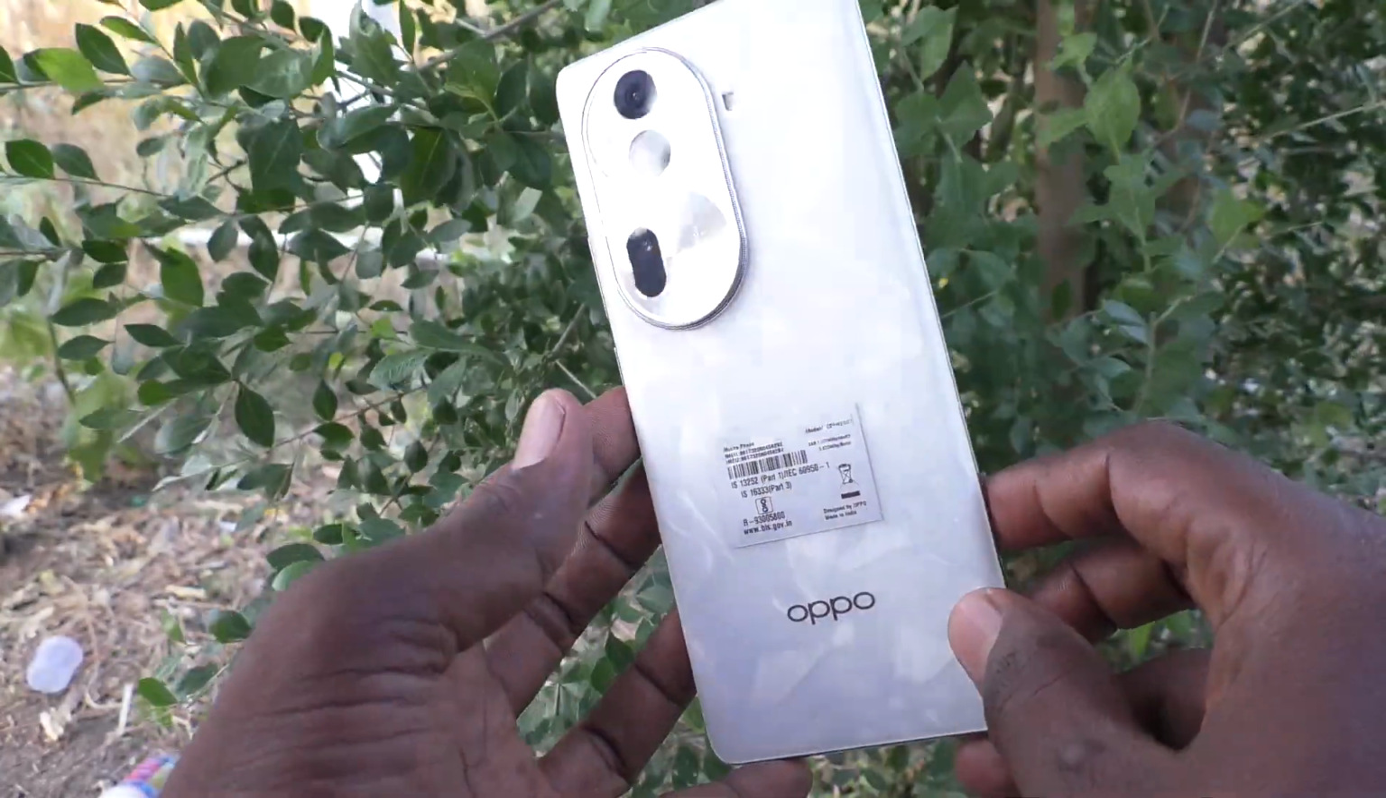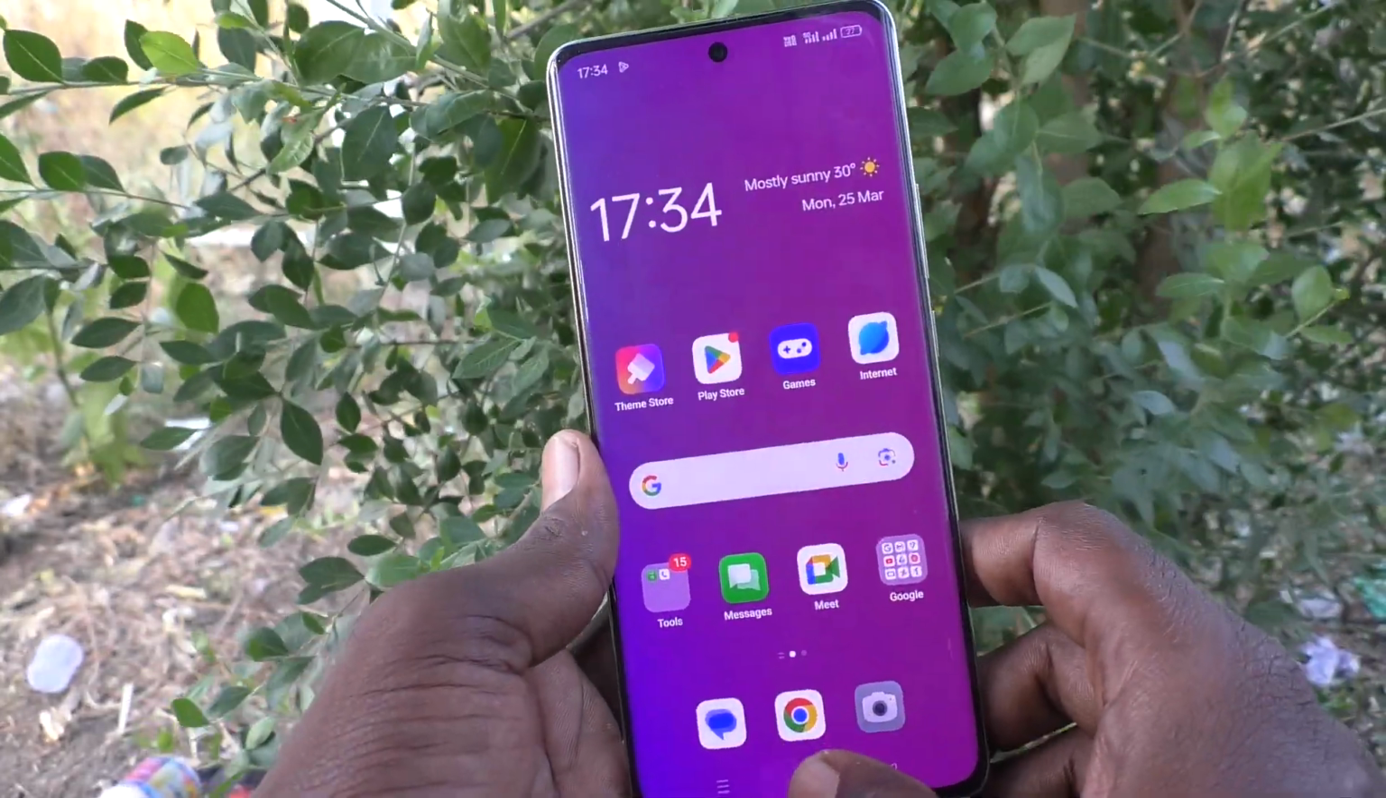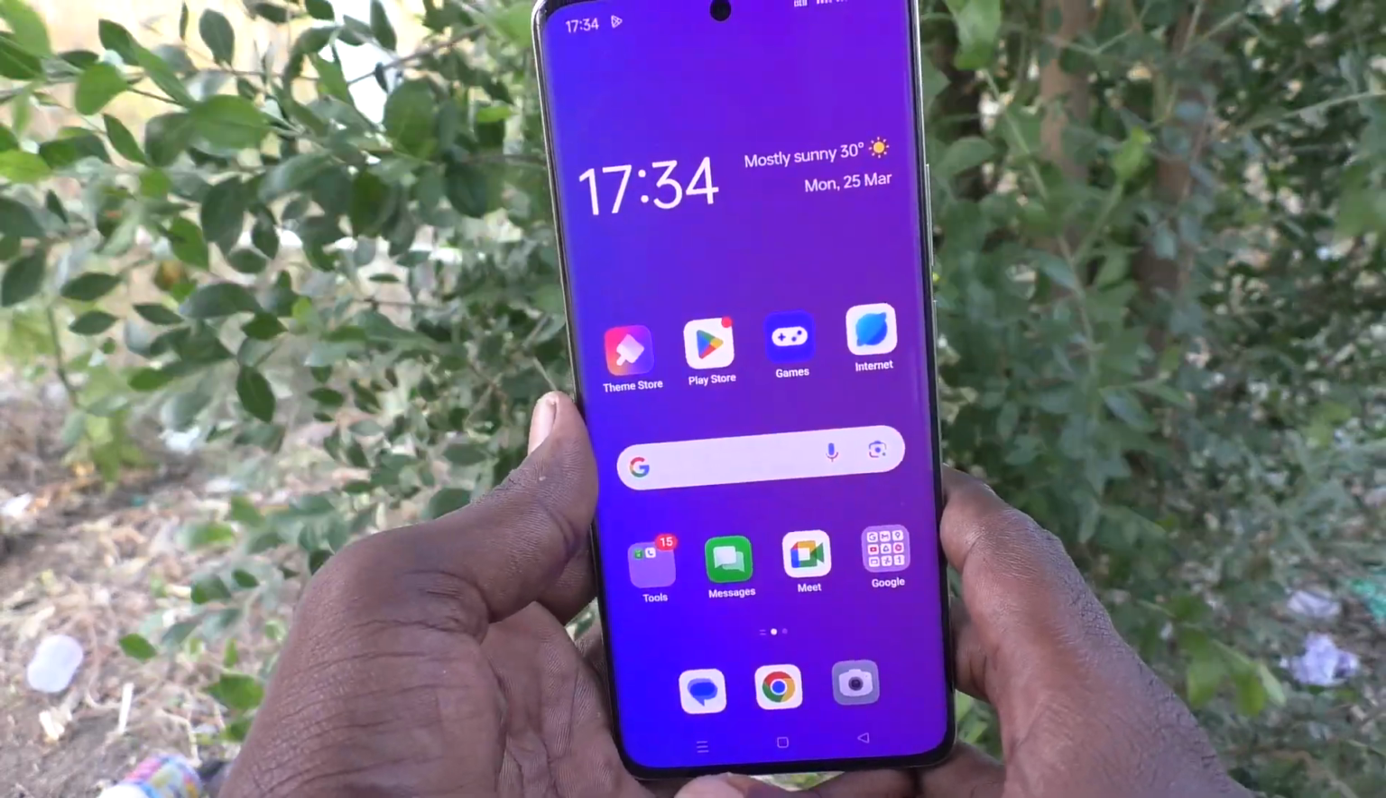Here is Oppo Reno 11 Pro 5G smartphone. In this video, you will learn how to turn on or enable eye comfort in your phone Oppo Reno 11